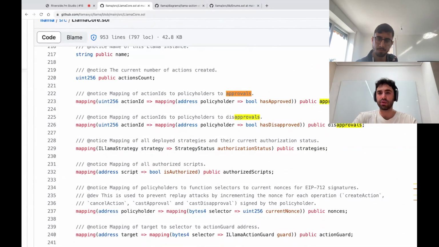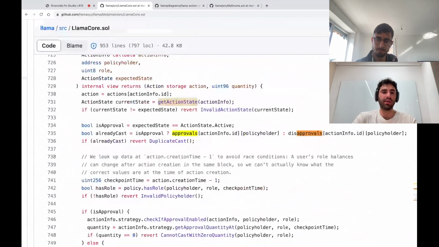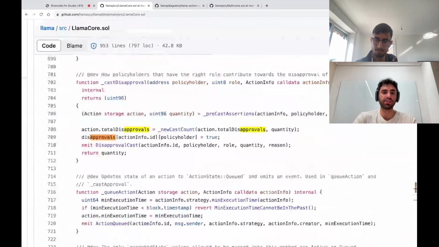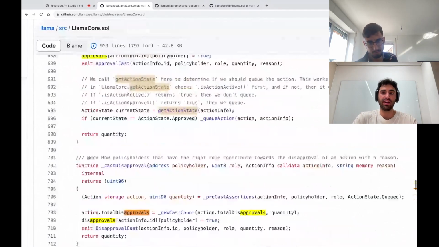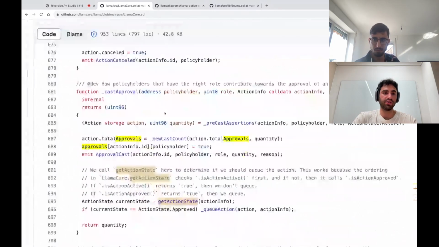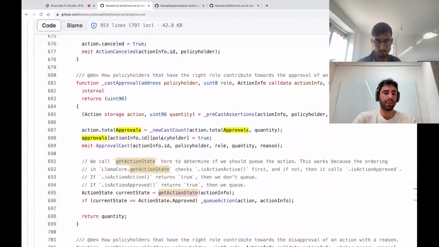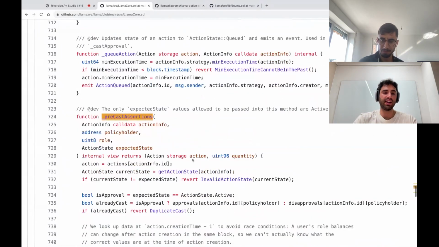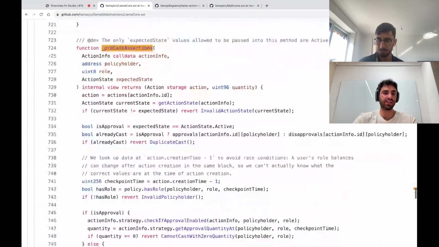The reason this is important is to ensure that no one approves or disapproves twice. You can see that if we go back to this cast approval function, that's set to true. And in this precast assertions function, we check that it isn't already true.